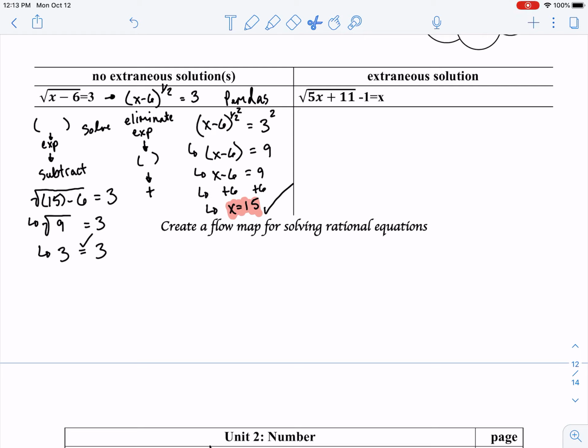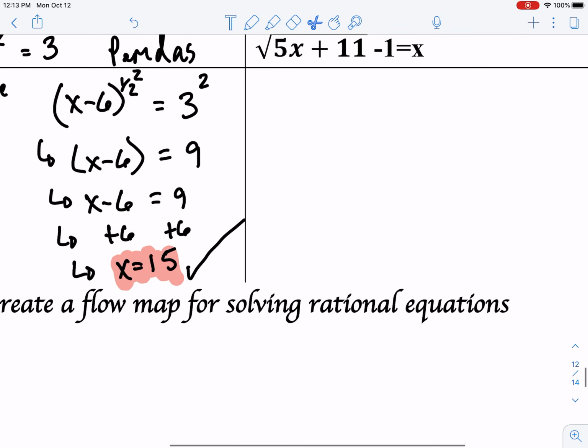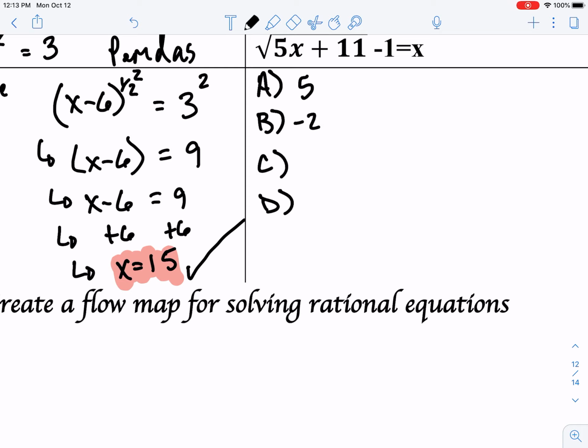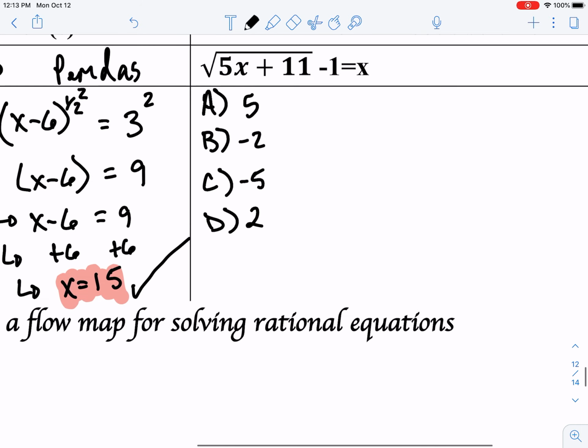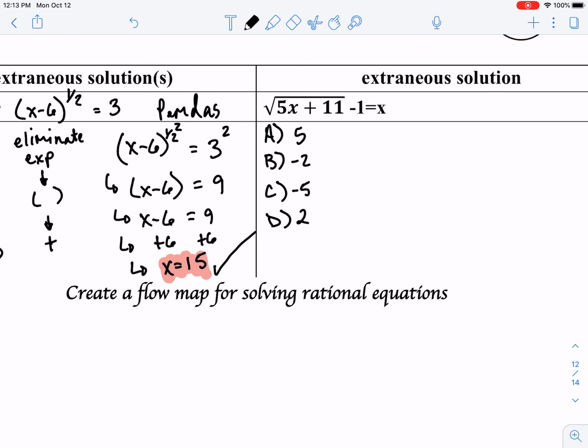These questions are also going to be asked in the form of given solutions, say A, B, C, and D. Which one of these is extraneous, or choose all of the real solutions, or identify the extraneous one. And honestly, what I would do is